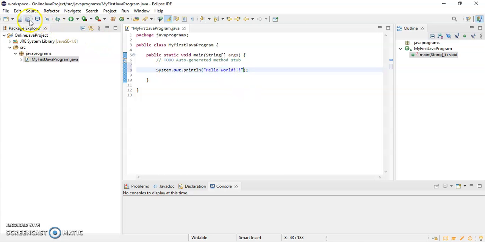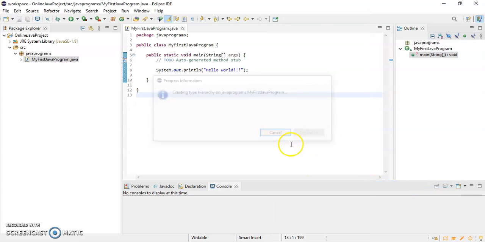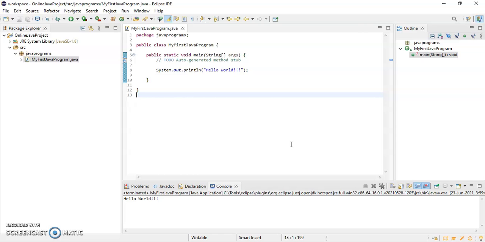And I'll save this program. Okay. So to run this program, all you need to do is right click on this particular file, go to run as Java application, and it will print the output in console. See, it has printed hello world in console.